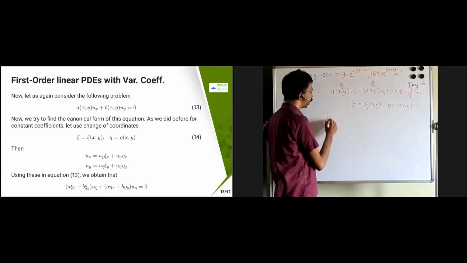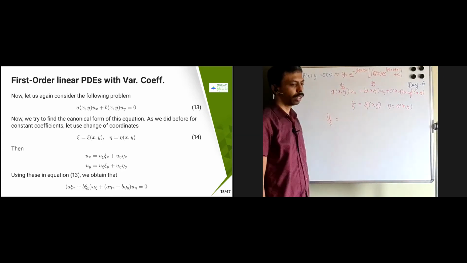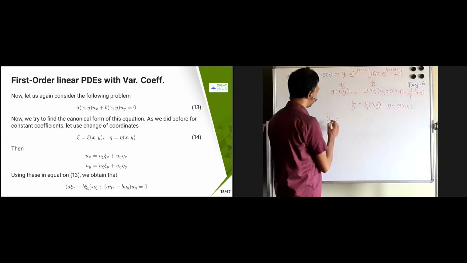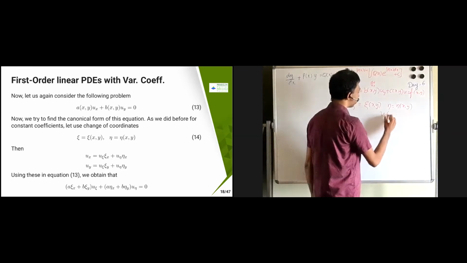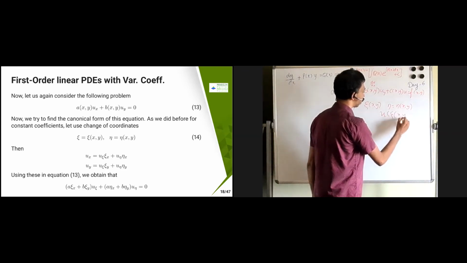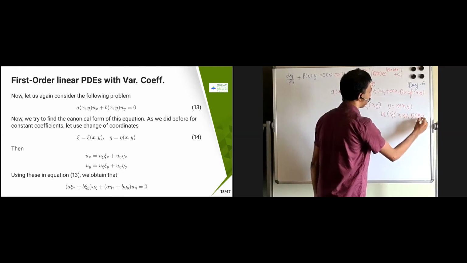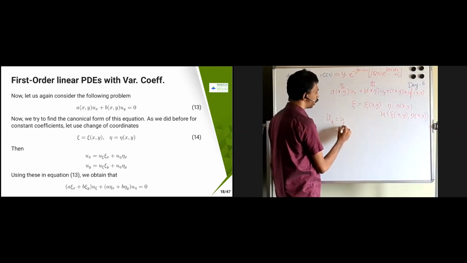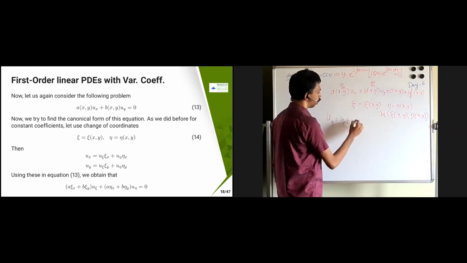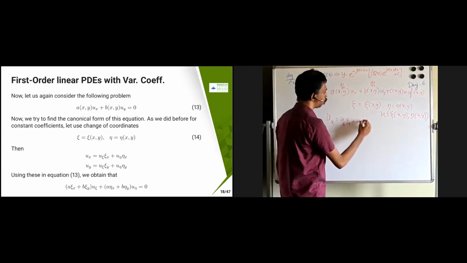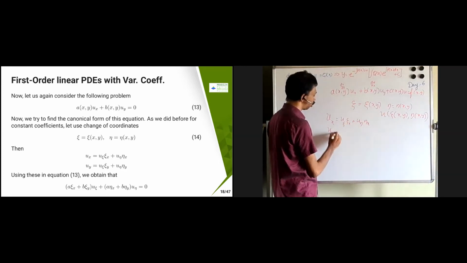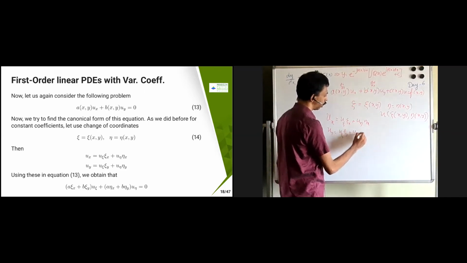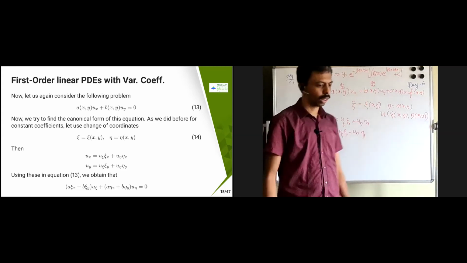Then what is u_x I've got to find. So this becomes u of eta of x comma y, comma chi of x comma y. Now I've got to differentiate with respect to x, therefore this is going to become u_chi chi_x plus u_eta eta_x, then u_y equals u_chi chi_y plus u_eta eta_y. Okay, now I substitute this.